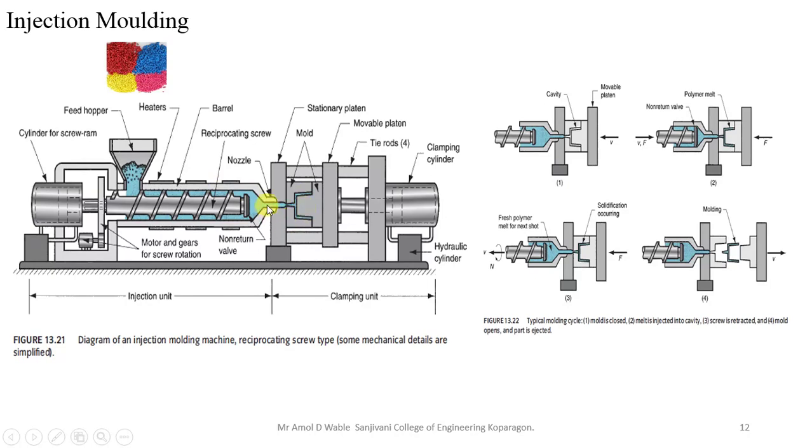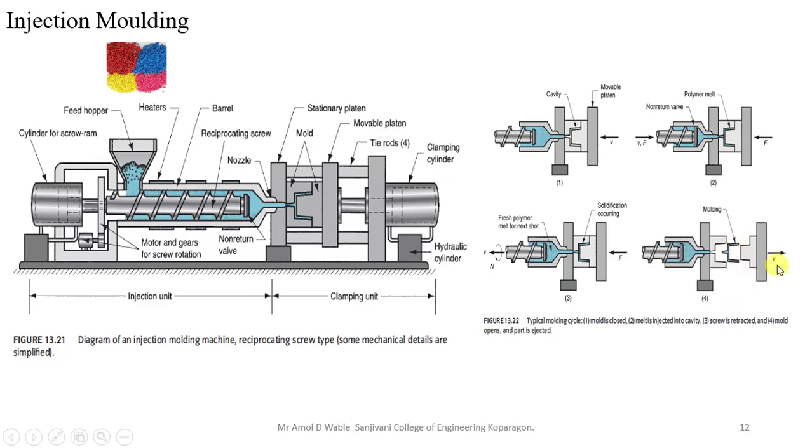Due to the high velocity or high pressure of the liquid molten material, you can produce a complex shape component in an injection molding machine. So here you can see how the different stages of operations are carried out. In the first stage, the mold is in closed condition. In the second stage, liquid state plastic will be injected into the cavity. Then in the third stage, it will be allowed to solidify for some minutes. After solidification, the top half will remain connected to the sprue nozzle, and the bottom half will move towards the right side, and the component will fall.